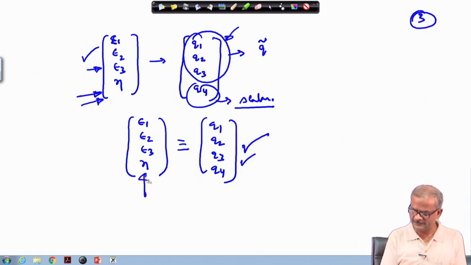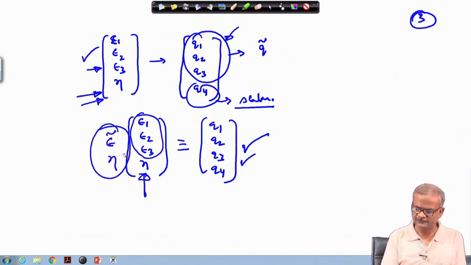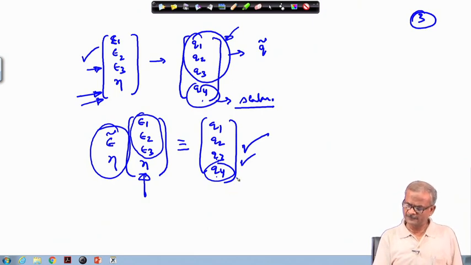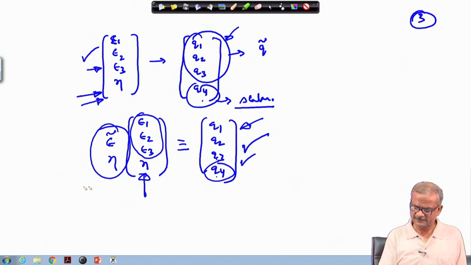So, while working with the problems, we will use this. While deriving this, we have used this notation, because writing this as q tilde and q 4 is a little uncomfortable. Here this gets separated out, this we have written as E tilde and this we have written as eta. So, these are the two different notations we have used, while in this one all are defined by q, and this q 4 especially stands for the scalar part and this is the vector part. So, while working with the problem, we will prefer to work with this. While developing the equation, we have used this.